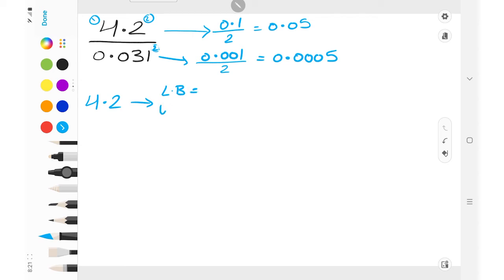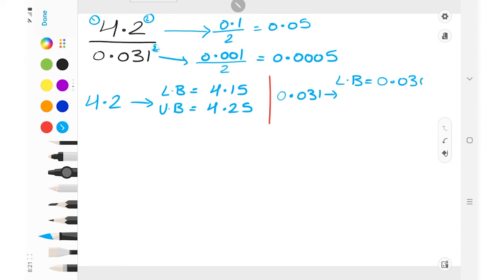Now for the 4.2, my lower bound, my upper bound. My lower bound for 4.2 is 4.15. My upper bound is 4.25. And for my 0.031, my lower bound is 0.0305. My upper bound is 0.0315. And now for the whole calculation, which is the easiest part, my lower bound is lower